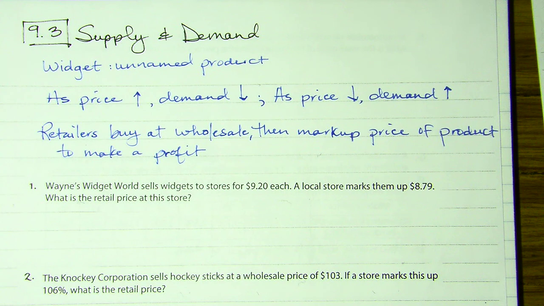Algebra. We're going to cover 9.3. It's a short and simple section. It's kind of an introduction. This is an introduction to the idea of supply and demand. So that refers to basically,